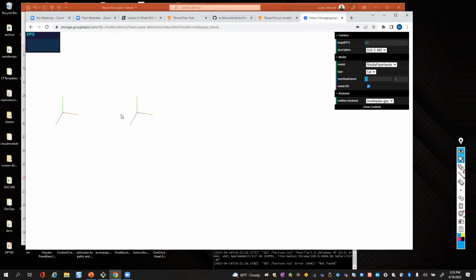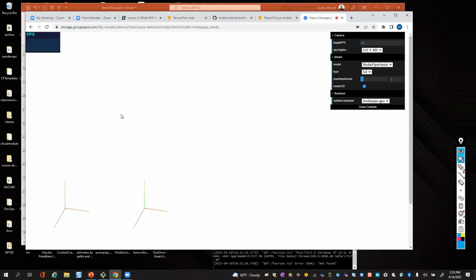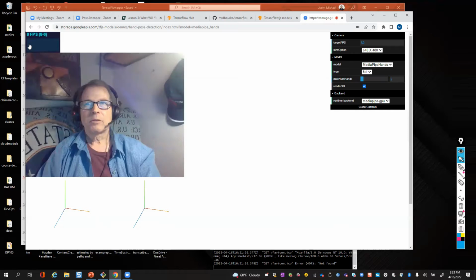give it a moment. It's going to take a few moments to get live in my browser. What it's doing is downloading the TensorFlow application. I'm going to show that package to you a little bit later in the presentation. Okay, it'll come up in a moment. The FPS, that's frames per second. If you were a Flash programmer back in the old days, you were always trying to get 30 frames per second. So here I am.